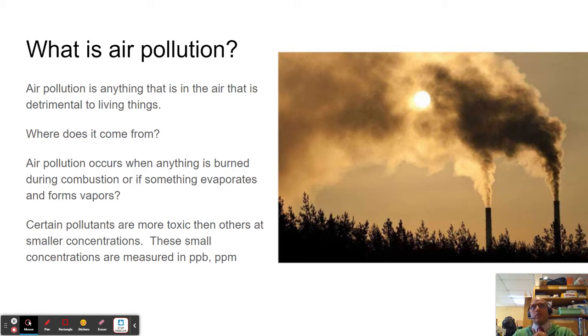A way to get a visualization is if we went down to the community center and that big pool that they have there, there's a lot of water in there. Imagine putting like 1 can of soda in that water. Now that could be 1 part per million, let's say. That's going to dissolve. You may not even see it, and it's very, very diluted with all the water that's in there. But that's basically the concentration.